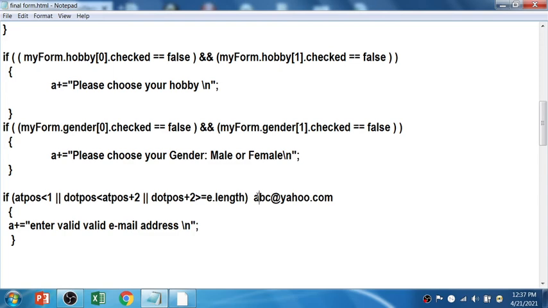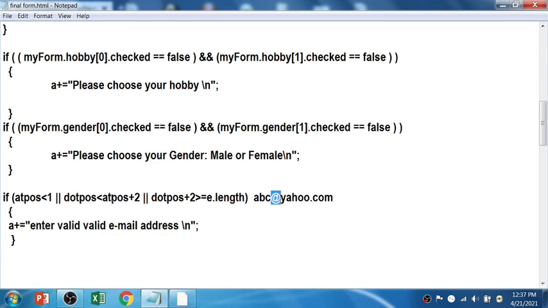So let's see: if the at position is less than 1, the @ position here is at 4, so it is not less than 1, it is greater than 1. So if it is less than 1, or dot position less than at position plus 2. Here our at position is 3, so 3 plus 2 is 5, and dot position is 3.